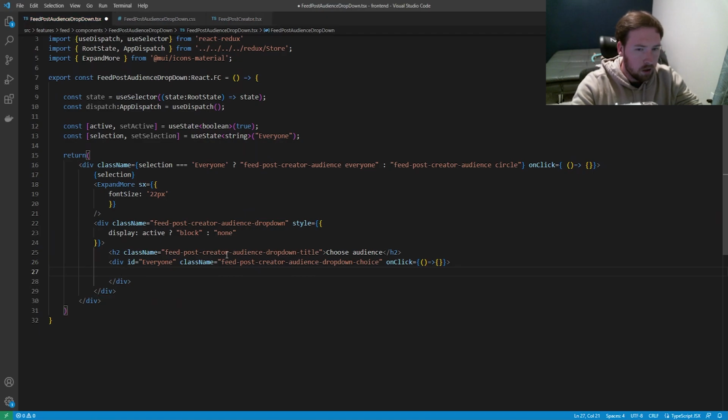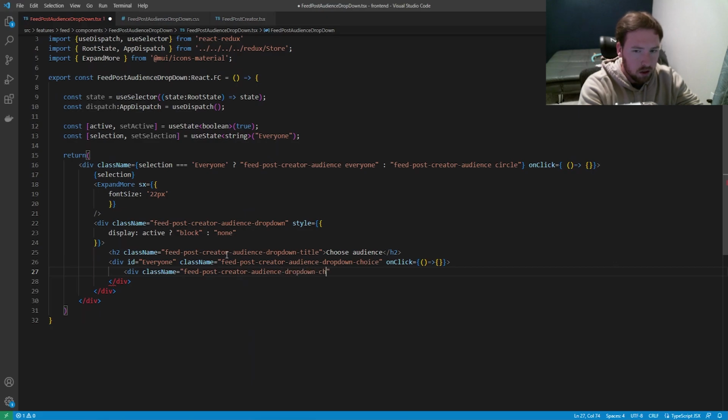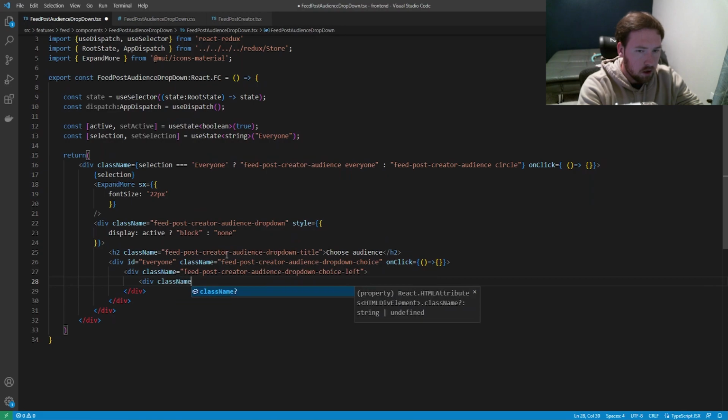Inside this div, we're going to have another div. So div class name equal to feed-post-creator-audience-dropdown-choice-left. So this is going to be the left side where we're going to have another div class name equal to feed-post-creator-audience-dropdown-choice